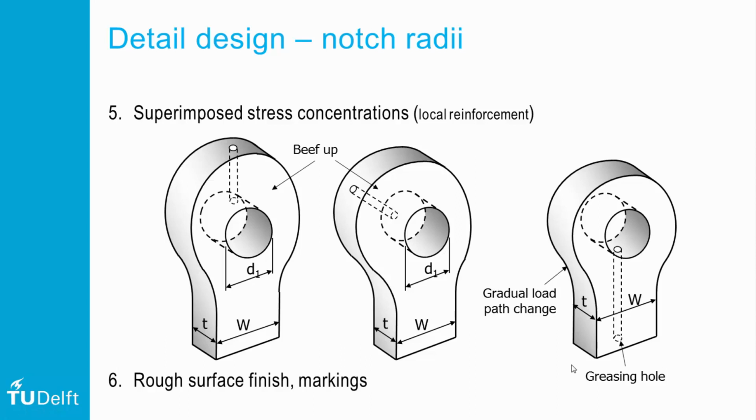As we have seen in a previous video, stress concentration factors rapidly increase when notches are superimposed. So for the example of the lug, the drainage holes should be located as far away as possible from the stress concentration. Here three solutions are given which all have their advantages and disadvantages. Either way, they should be preferred over the one with the drainage hole left or right. Depending on the location, one may consider beefing up the lug geometry simply to reduce the stresses somewhat further.